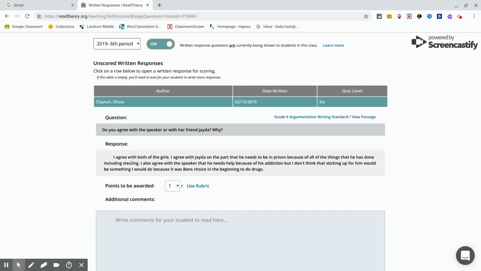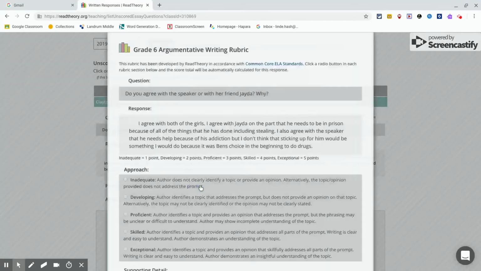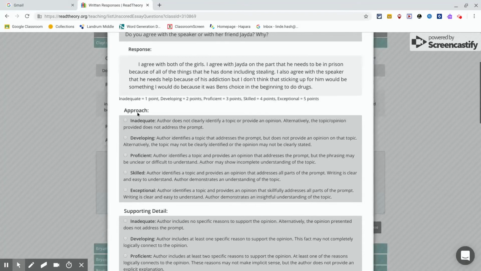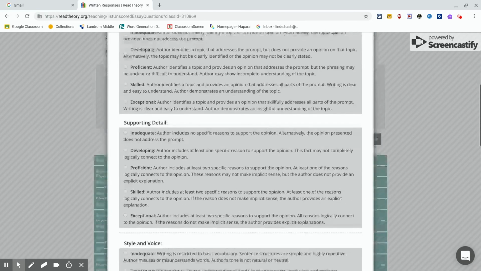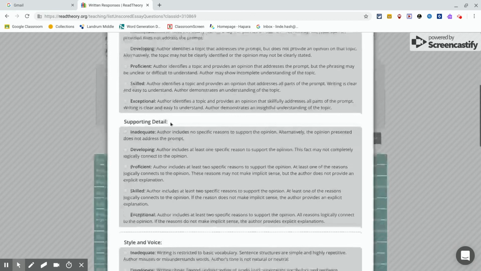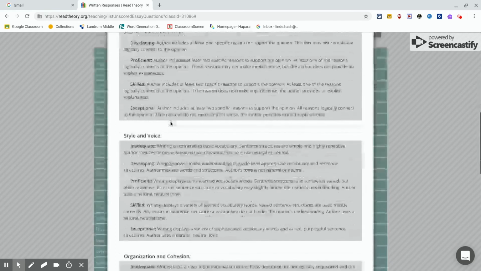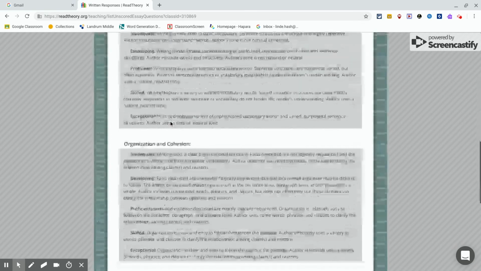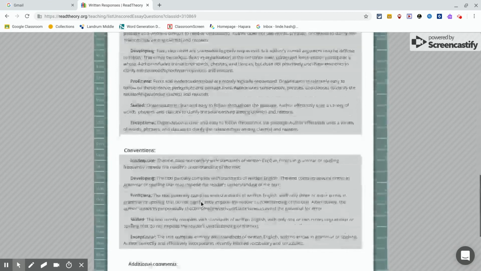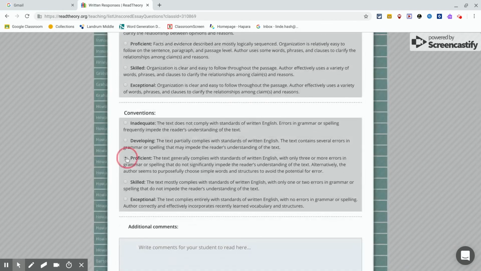Here's the student's response, and then rather than me just grading it and putting my own opinion there, I can actually use Read Theory's rubric. So I can choose their approach. Was it inadequate, developing, proficient, skilled, or exceptional, with a brief definition of what each of those would look like. There's a section for supporting detail, style and voice, organization and cohesion, conventions, and I go through and I will just select